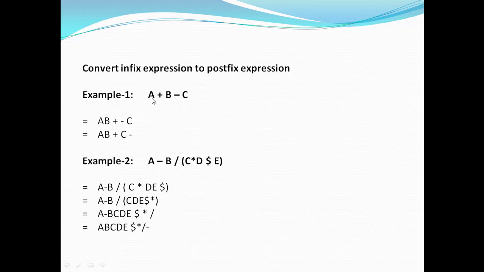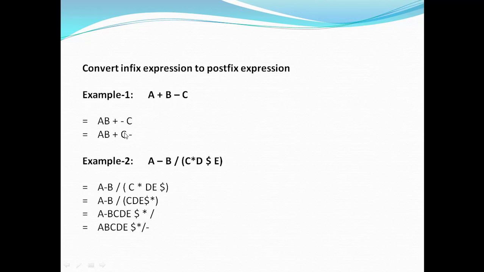So here it is an infix expression. First we have to convert it into postfix. As we know, the highest precedence is the bracket, then the exponent, then multiplication and division, and the lowest precedence is addition and subtraction. So here in the first part, A plus B is converted into postfix expression, that is AB plus, then minus C, which is another operand. So here there are two operands, AB plus and C, so we can write AB plus C, then minus. The operator will come at the end because it is postfix notation.